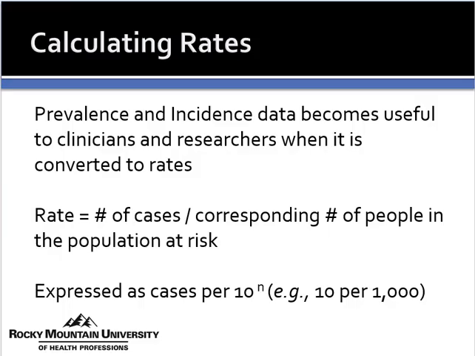So in prevalence studies, more often than not, you're going to see something like 80% of the individuals presented with this at baseline. In incidence studies, we're going to report something like 150 people per 10,000 developed an injury. So it gives you an idea about how many per a sample of people. All right, let's stop there. And when you're ready, move on to part 2.